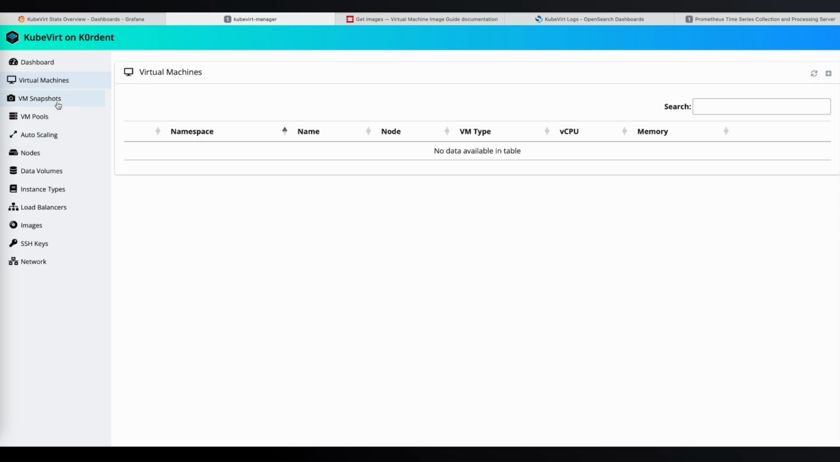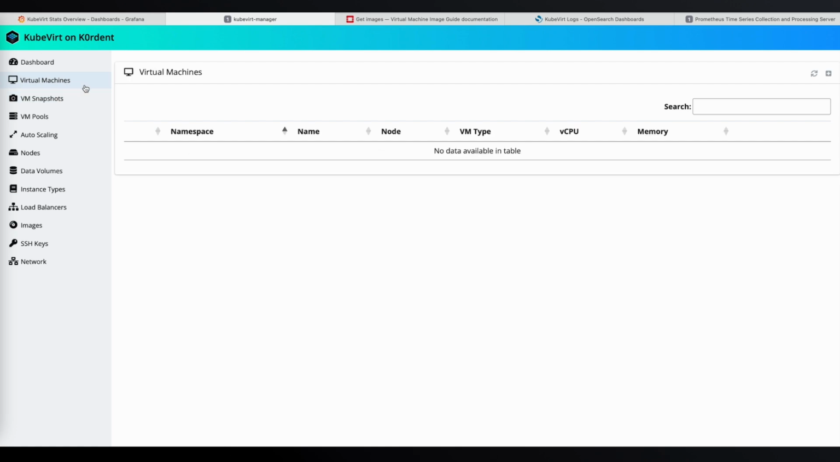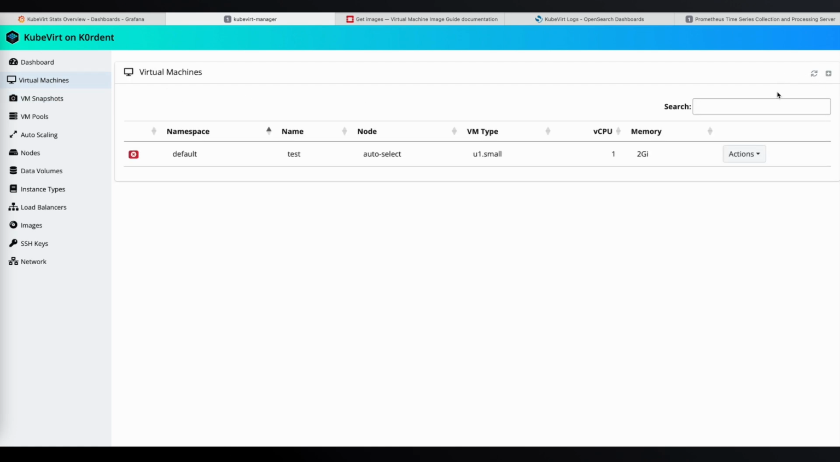In the VM Snapshots tab, we can go to our recently created snapshot and click Restore. Navigating back to the VM tab, we can hit refresh in just a couple of minutes to confirm that our VM has restarted. Okay, we can see that the VM has been restored, but the red icon shows it's in